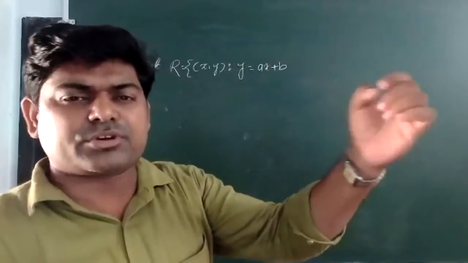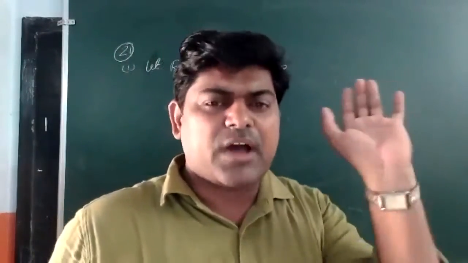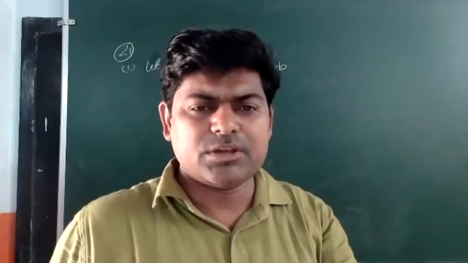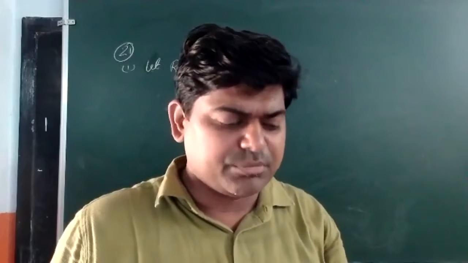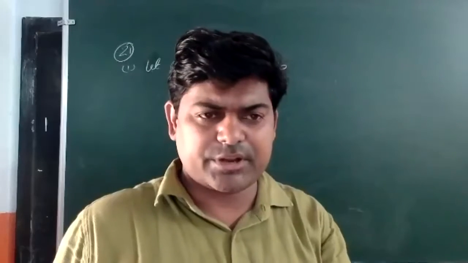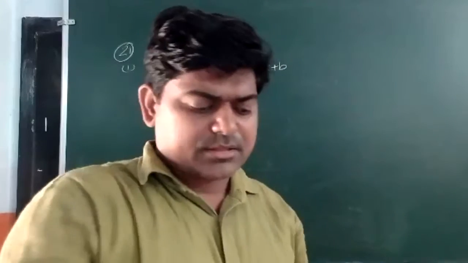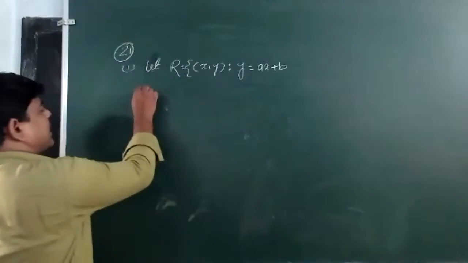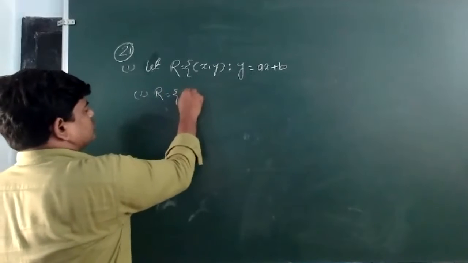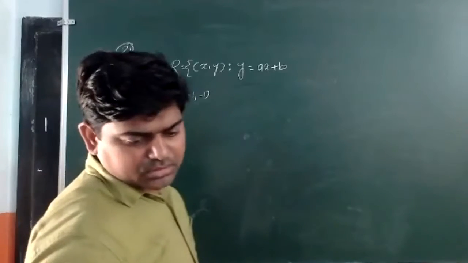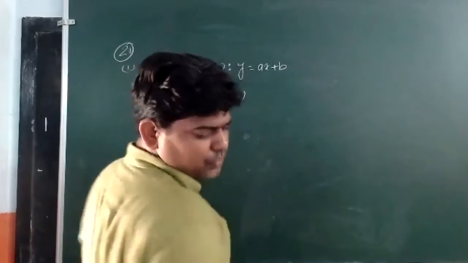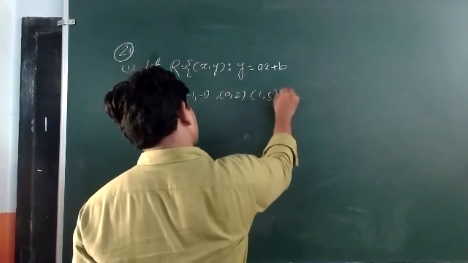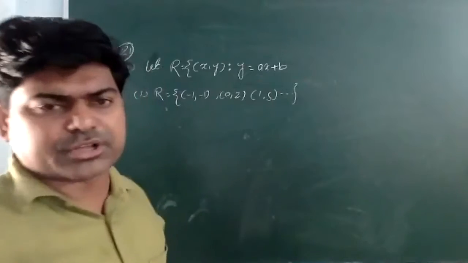Now, definitely this relation will be in the form of X and Y. We are facing a problem because of A and B. If I find the value of A and the value of B, I can substitute them here and we will get our result. Am I correct? I think some points have been given. In the first one, R is equal to (-1, -1), (0, 2), (1, 5). These are the few elements I have been given.